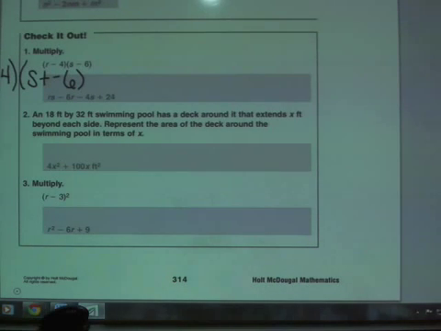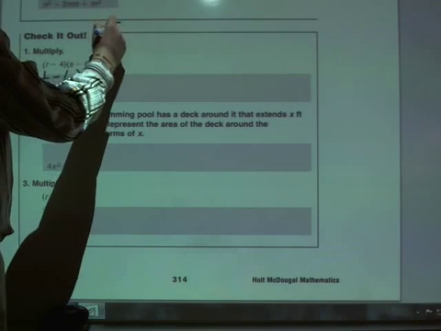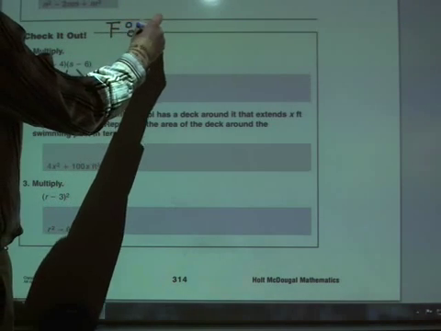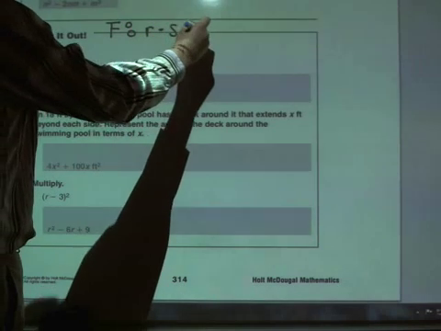So you can do FOIL like we saw in 1A, where you identify the first terms and put them together, then identify the outside terms and put them together, then identify the inside terms and put them together, and then identify the last terms and put them together. Let's go ahead and try that here since we haven't done that in a little while. The first term in each binomial is r and s. So I'm going to multiply together r and s for the first term,